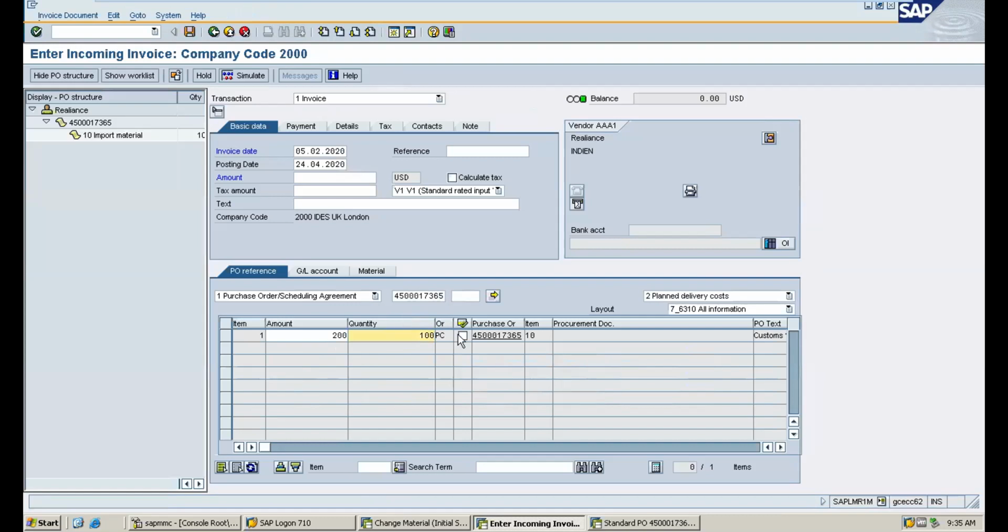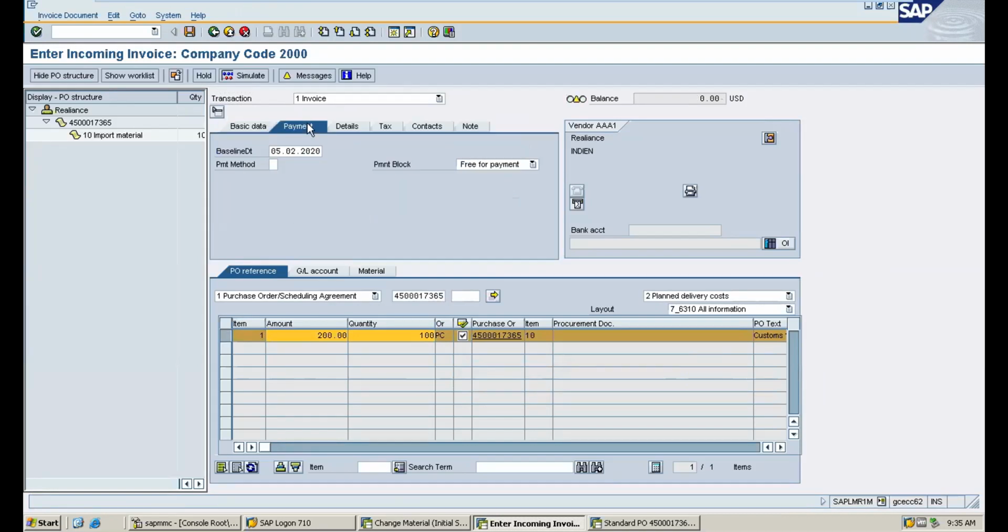Okay, just enter it. No issue. 200 is the total amount. Deadline date. Okay, it's there.